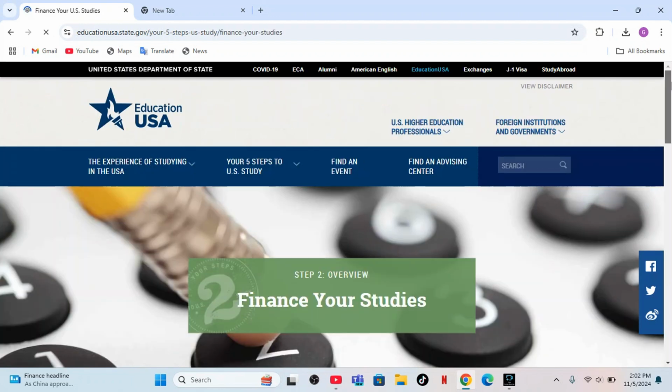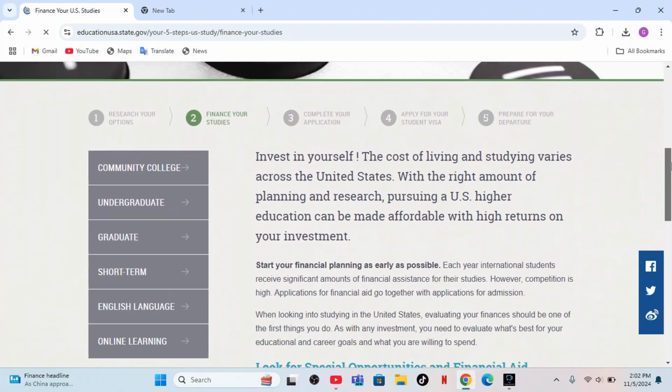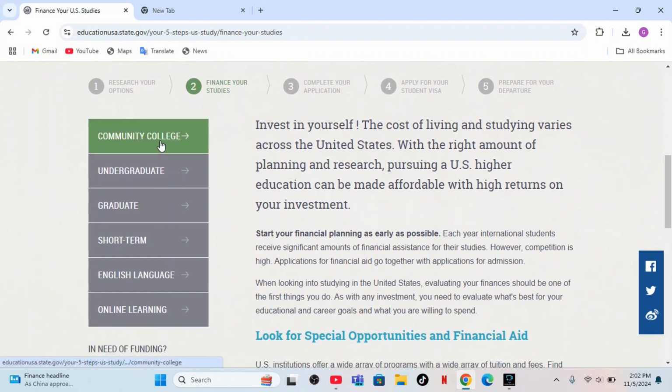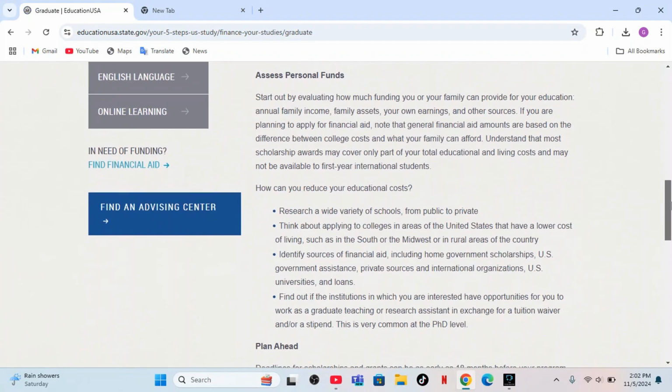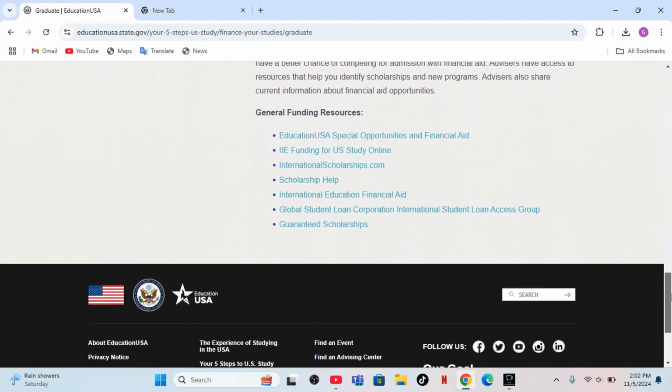And then let's go down. You're going to find this here. If you are an undergraduate student, you click undergraduate. If you're a graduate student, you click graduate. We are going to click graduate for the sake of our video. And then we're going to go down and look for our scholarships. These are the links where you're going to find the scholarships. So we are going to click on